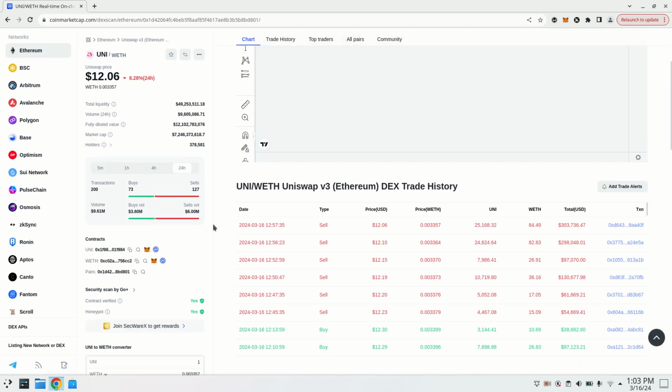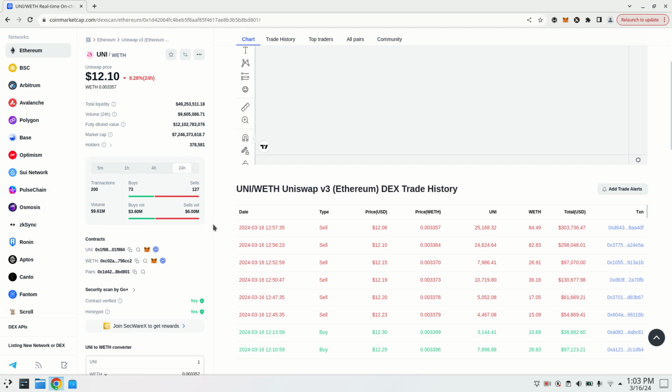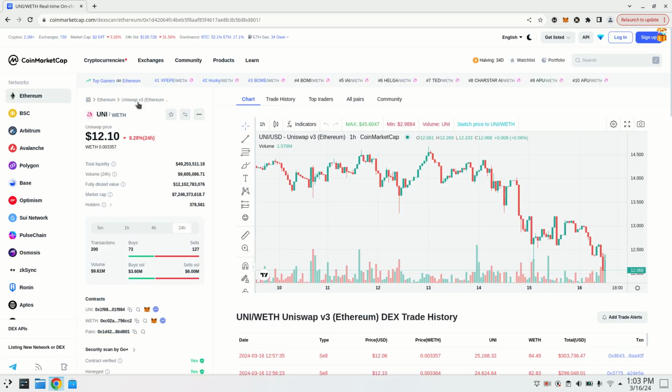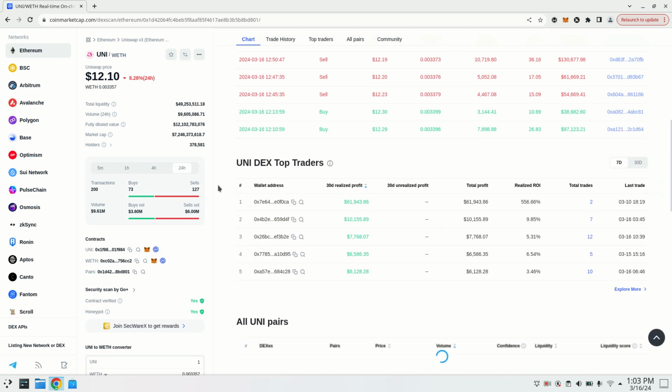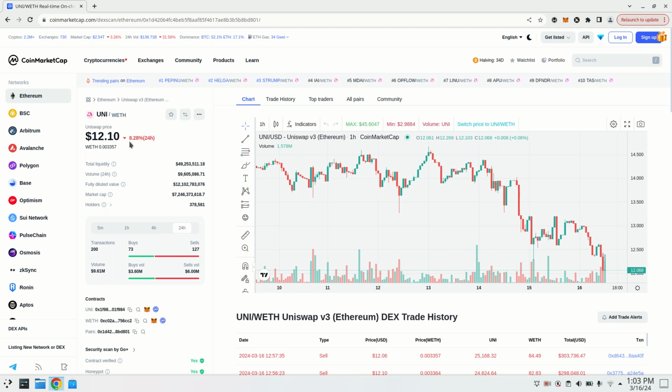We could see here it's listed on Uniswap version 3, something like that. Or we could see from the platform too, but for some platforms like just a memecoin, we could not see at all.